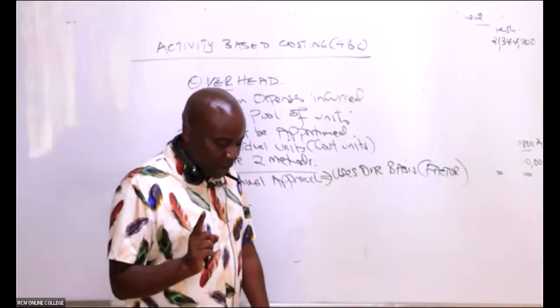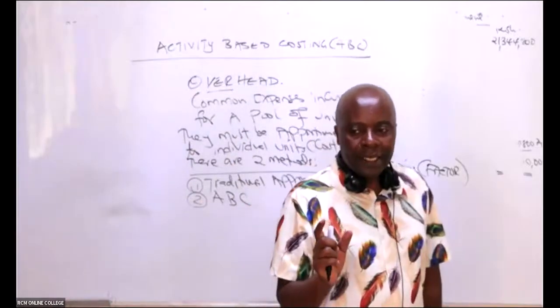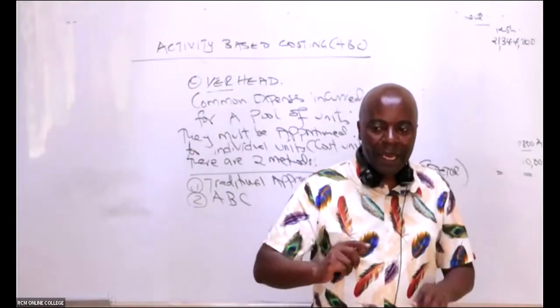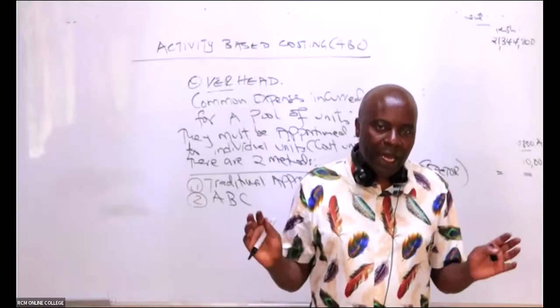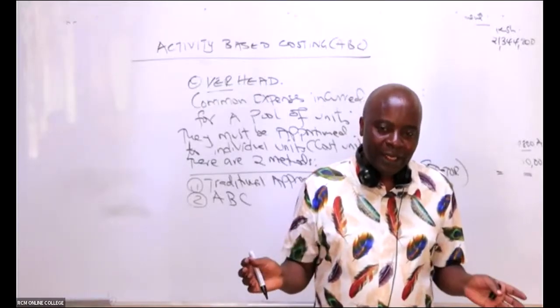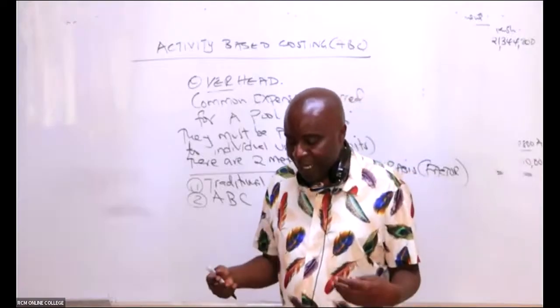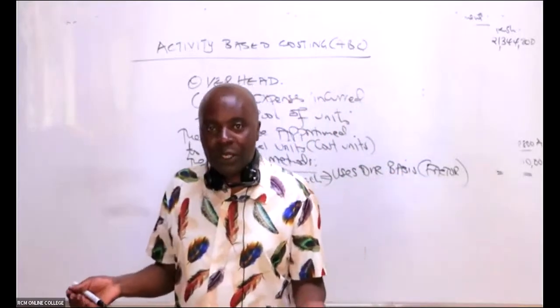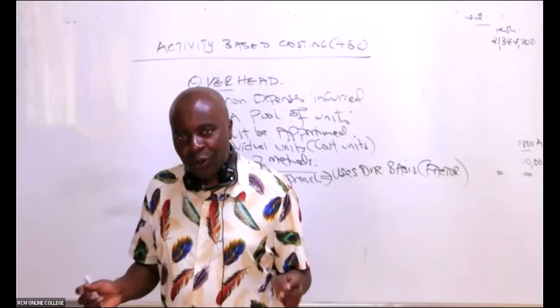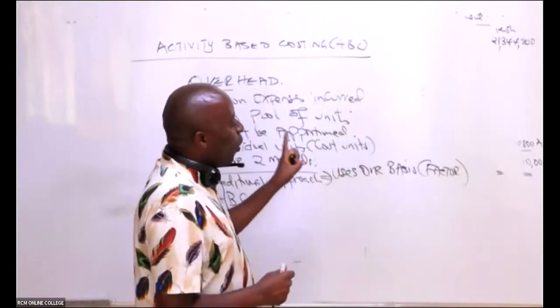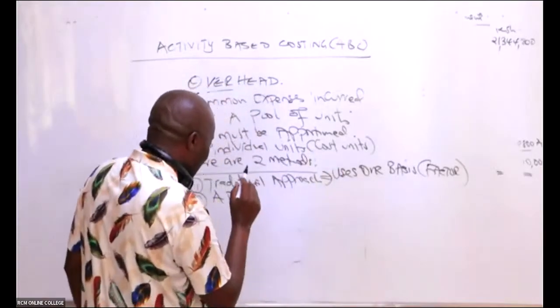So it assumes that the entire overhead item is being affected by labor hours, which is a lie. We could have some overhead items which don't even relate to labor hours at all. So this one uses one factor, whereas ABC